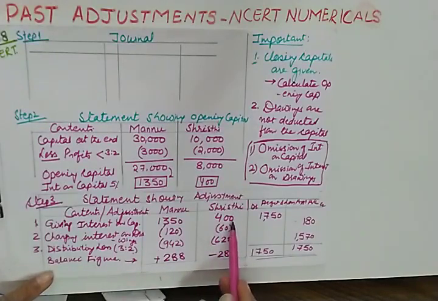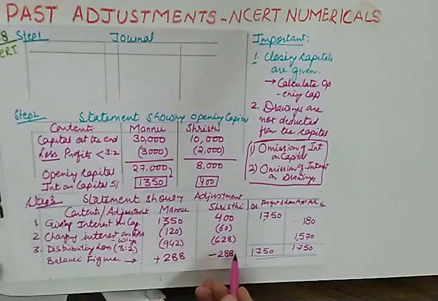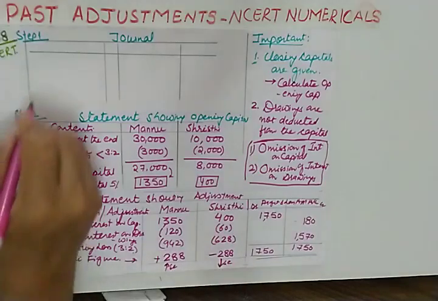And in this case also, if you see this, Srishti will be getting 400 and will be taking 668 from Srishti. So in net figure, how much we will be taking? We will be taking 288 from Srishti. So let us form journal entry here. So Srishti account has to be reduced and Manu's account is to be increased. So let us do that.